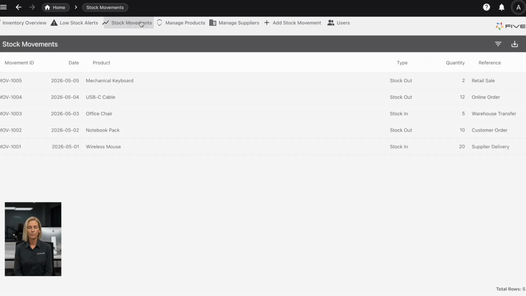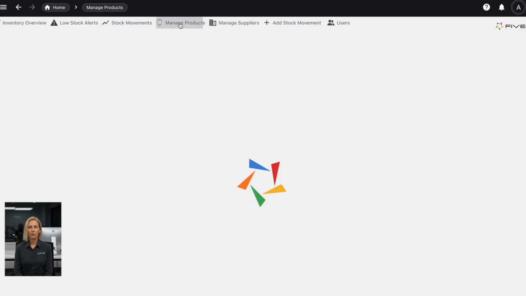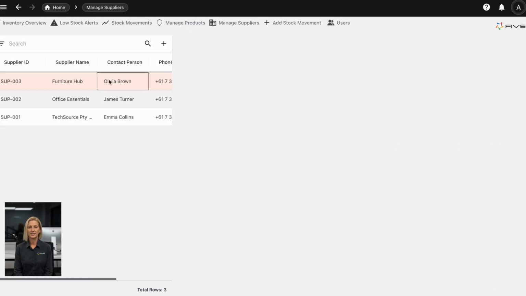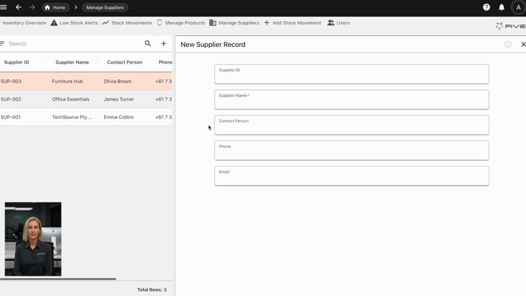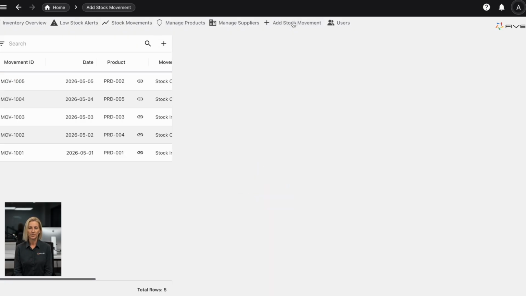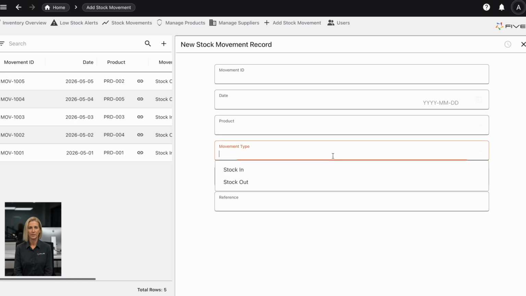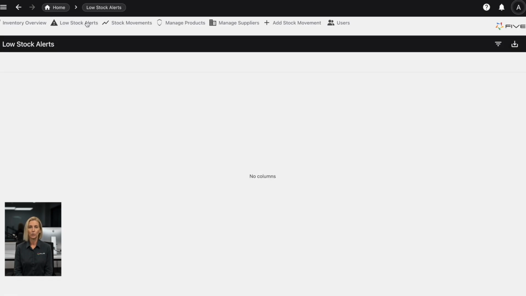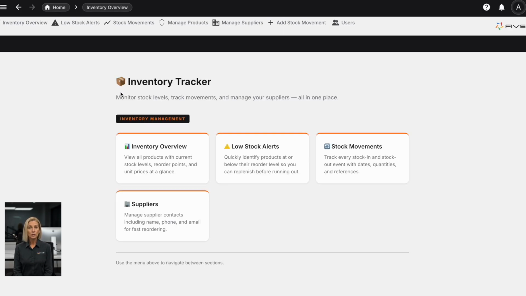We can view stock movement reports, manage our products and suppliers by updating existing records or adding new ones, and create new stock movements by specifying whether stock is coming into the business or leaving it. As products reach their reorder levels, the application can also notify us, helping ensure inventory levels are maintained and